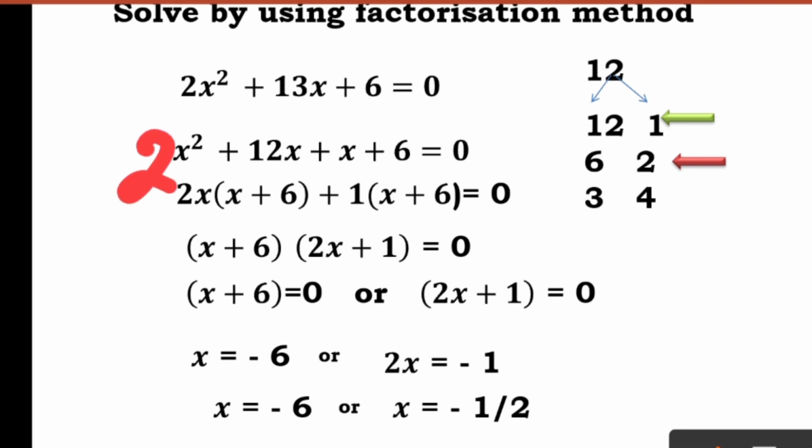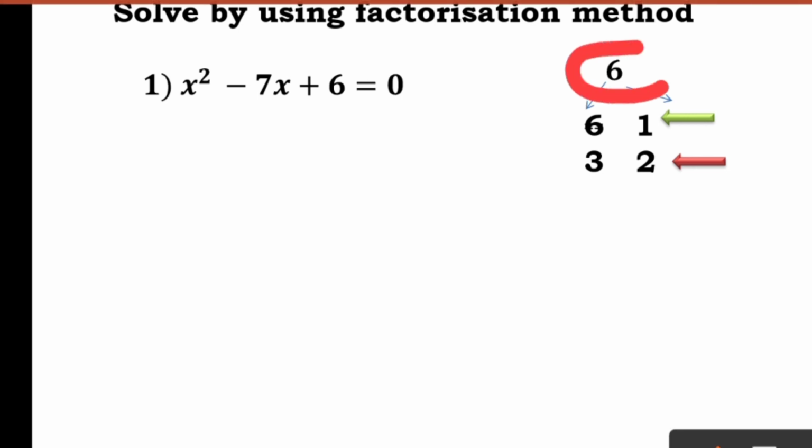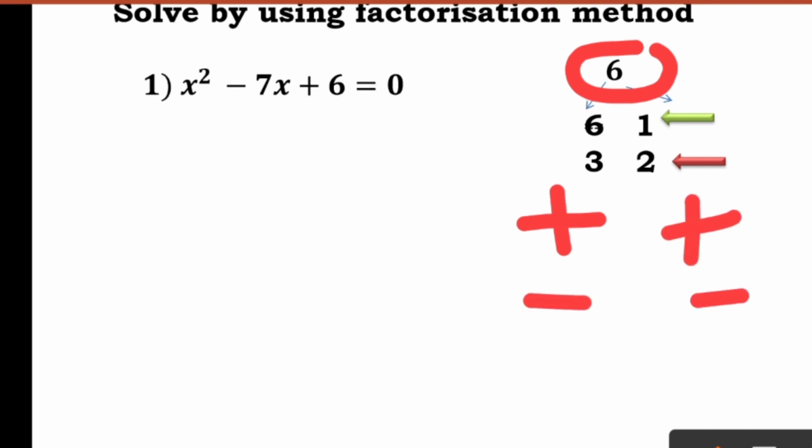Okay, this comes to your next problem. We'll take one more problem to wind up the factorization method. You have x square minus 7x plus 6. So 6 is 6 times 1. We take factors again: 6 times 1, or it can be 3 times 2. Now if you see that the middle term is minus 7x, and the last term is positive, so you need to take numbers such that the answer should be this. Whenever you have this number positive, both factors should be positive or both negative.